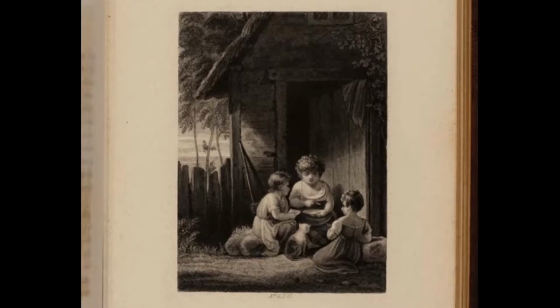Another breakfast image, this one again from an annual called Breakfast at the Door. This is, again, 1841, 42. It shows three children sitting outside the door having their breakfast with the family pet. And this is not just a sentimentalized scene. This certainly has that quality to it. But again,